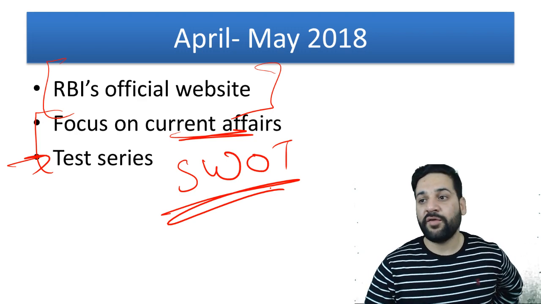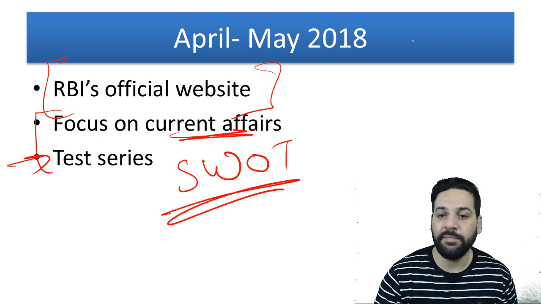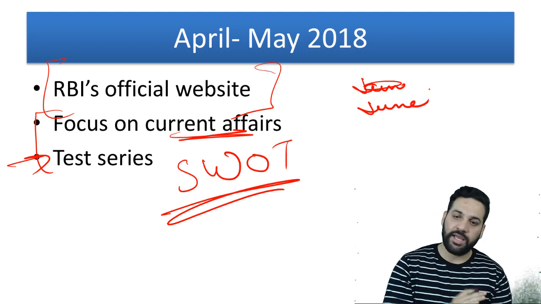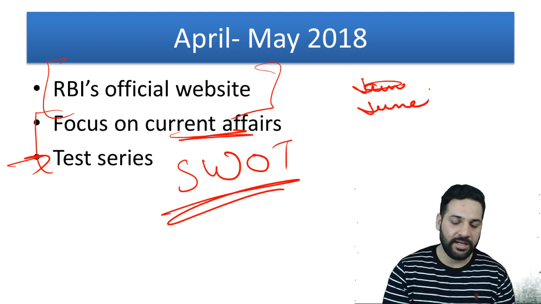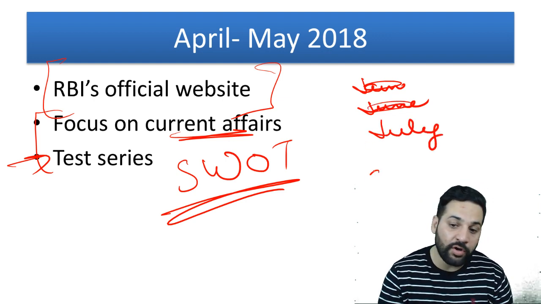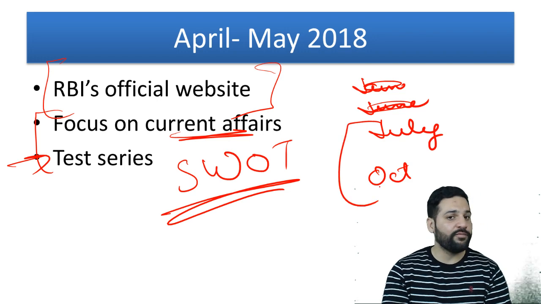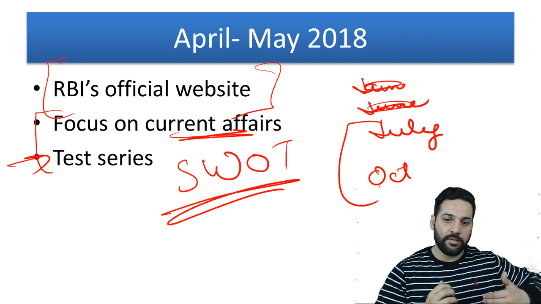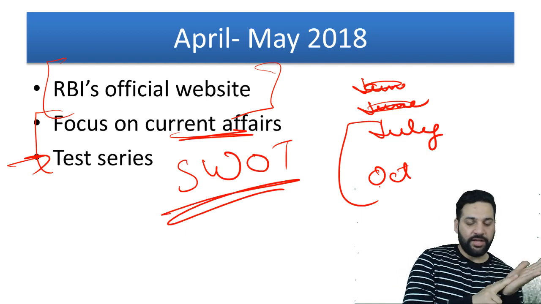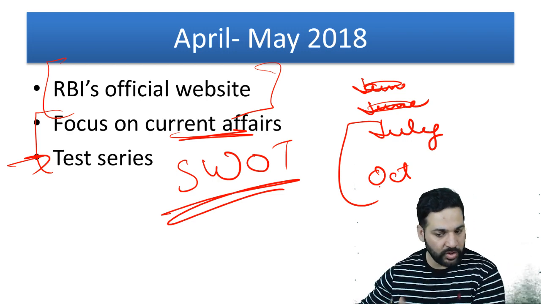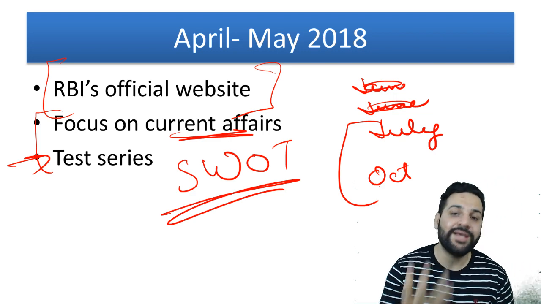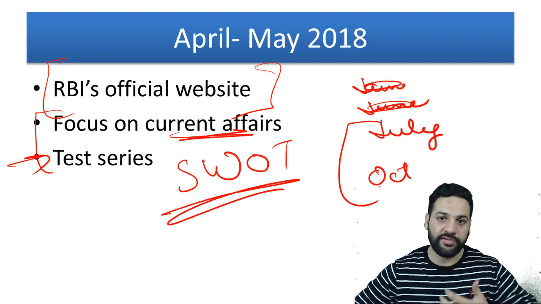Even if the exam is in the month of August, see students, the exam can be any time between, you can say. There will be no exam till May, I'm sure, because in the month of May there are elections, right? So the exam can be anywhere between July to even October. Next year, the exam is going to be delayed for sure. So by the end of May, you'll be able to know that yes, I'm weak at FM, I'm weak at ESI, I'm weak in English. So you'll have a good amount of time to work on your weaknesses, and you will be improving yourself.